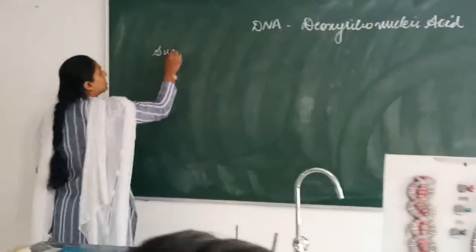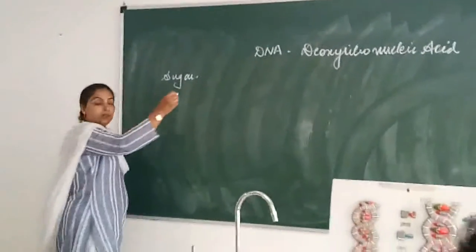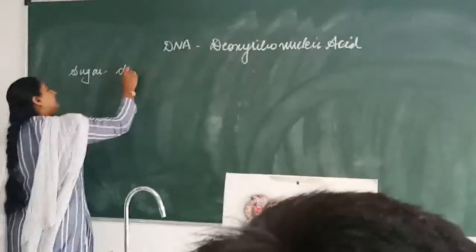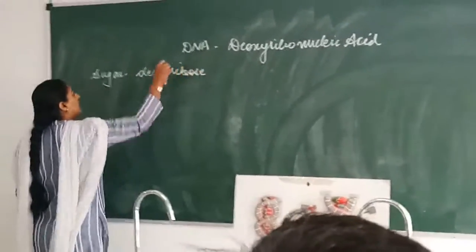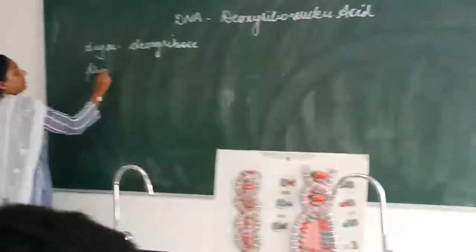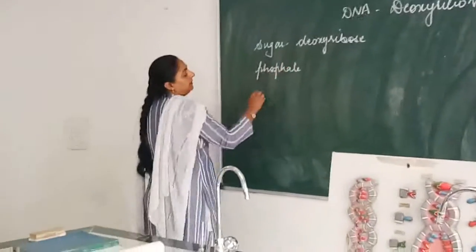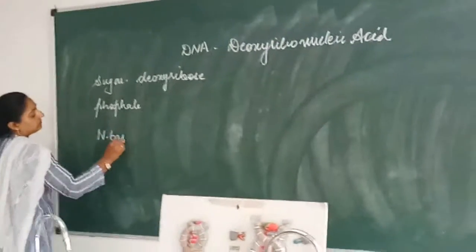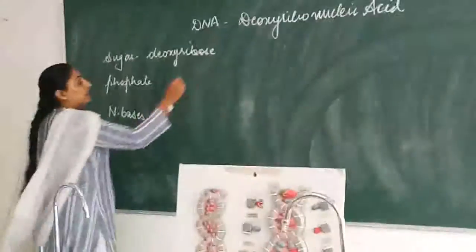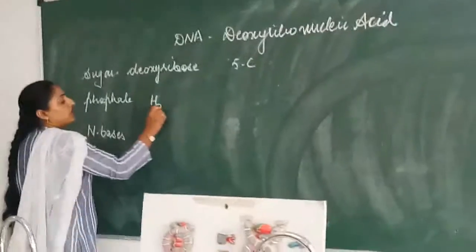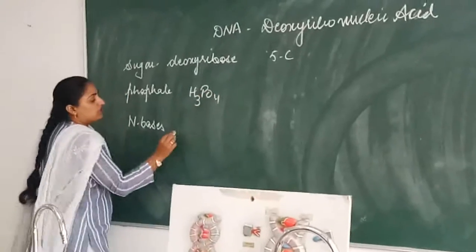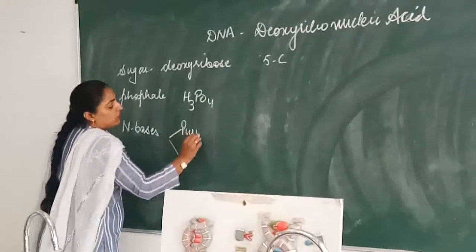DNA is the largest molecule, that is, a macromolecule. It consists of three parts. That is sugar. As you already told, the sugar is deoxyribose sugar, then the phosphate group, and the nitrogen bases. Deoxyribose is a 5-carbon sugar, then H3PO4 is the phosphate, and the nitrogenous bases are of two types,